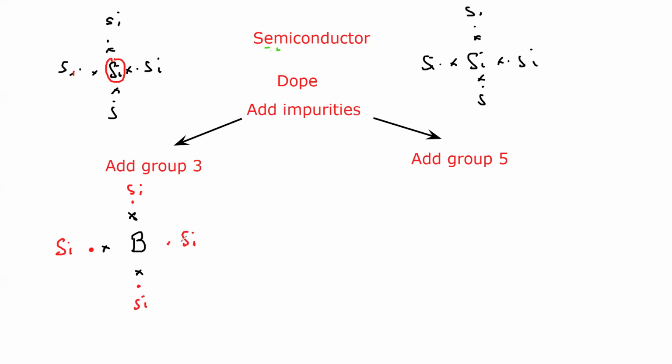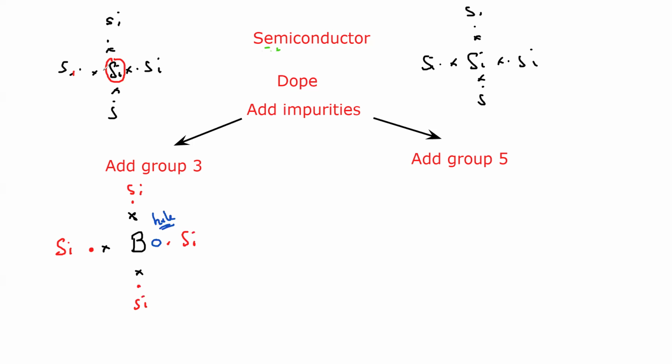But what about this silicon? As boron does not have any electron available, this silicon is not able to form a bond. So there is a vacancy of electron, and this vacancy of electron we call a hole. So when we add a group 3 element,